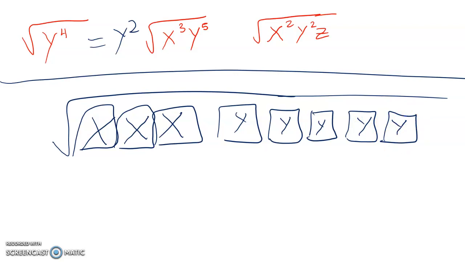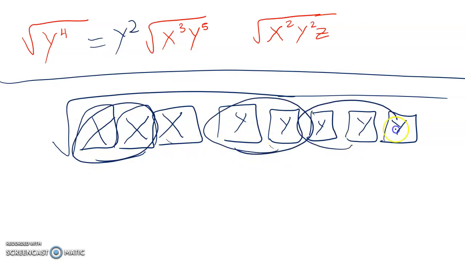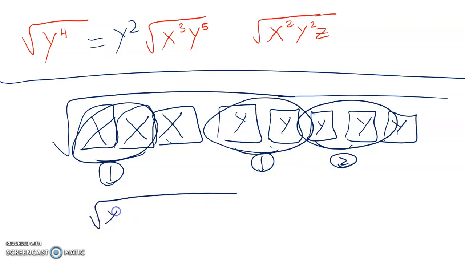Okay, so now we're looking for pairs, alright? And we have to look for pairs of the same ones. I can't go and make pairs of an x and a y. It has to be pairs of the same variables. So when I look, I have a pair of x's here, I have a pair of y's here, and then I have another pair of y's here. So I have one pair of x's, and then I have 2 pairs of y's. And if I were to bring that down on my sheet of paper,